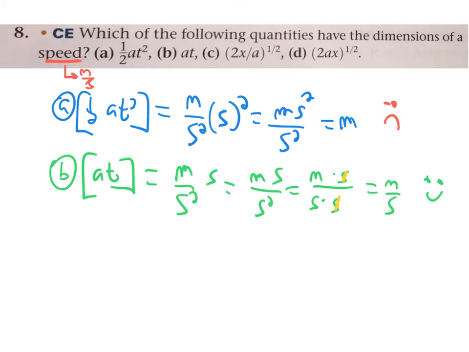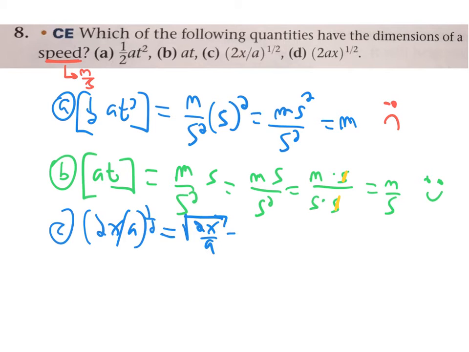And then we have part C, which is 2x over a to the 1/2 power, which first of all we remember from algebra that raising anything to the 1/2 power is the same as taking its square root. So this is really 2x over a all square rooted. So we take the square root of, as we put our little brackets on it,